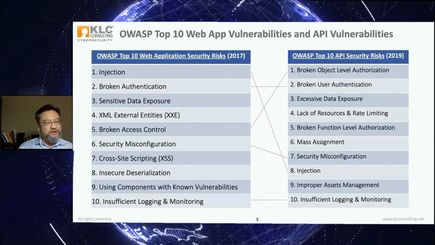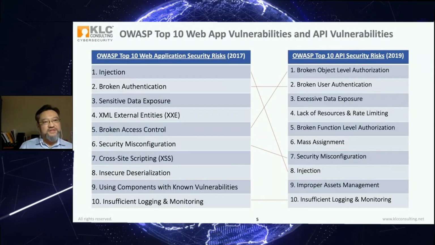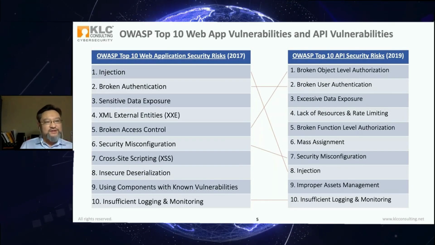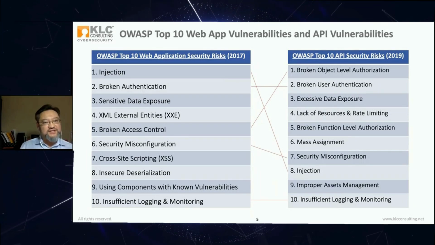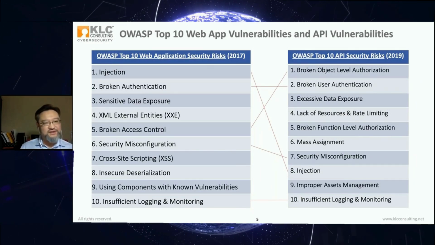Before we get into the new trends of web application and API vulnerabilities, I want to review some of the top 10 vulnerabilities. You are probably familiar with the OWASP Top 10 web application security risks. The latest version is 2017. They started doing the OWASP Top 10 in 2003. These are the top 10 on the left side. A couple of them, injection and cross-site scripting, have existed since 2003. So they've been there 17, 18 years already.